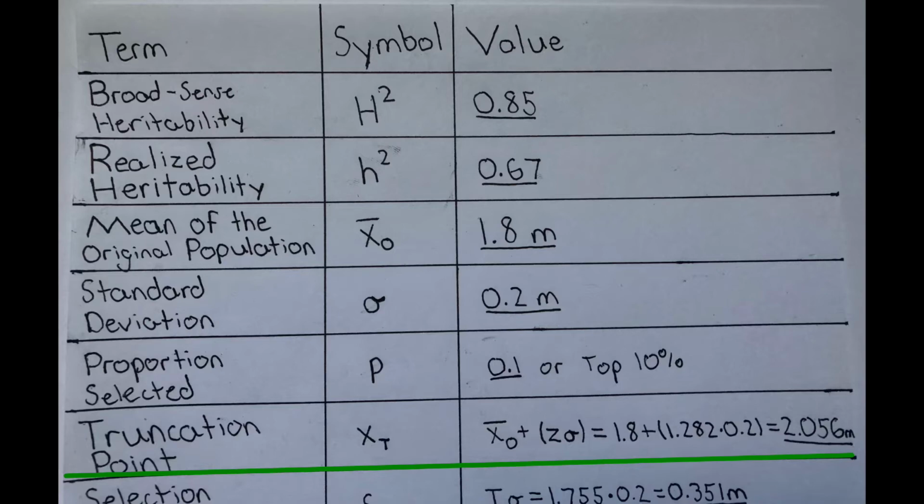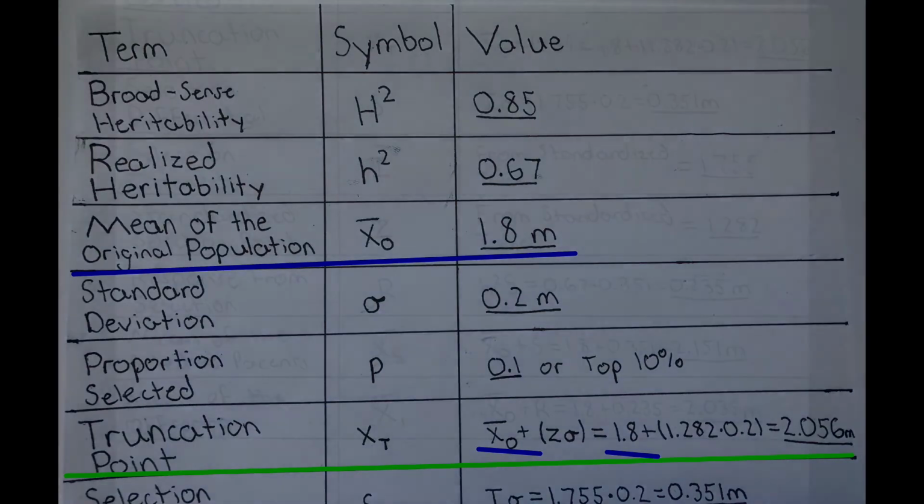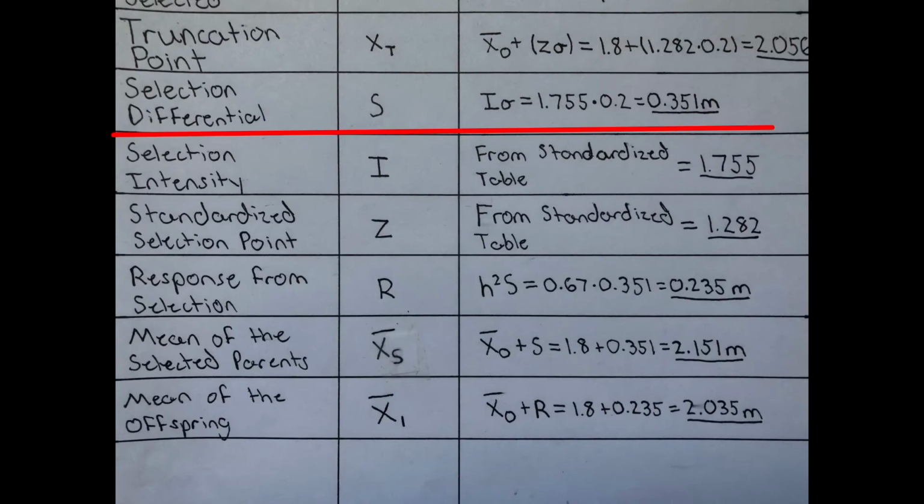To find the truncation point, the average of the original population is added to the product of the standard deviation and standardized selection point, which gives me 2.056 meters. To find the selection differential, I needed to take the product of the selection intensity and standard deviation, which gave